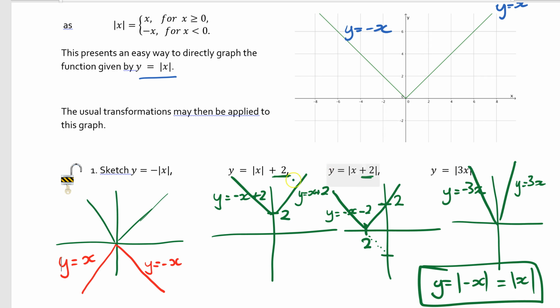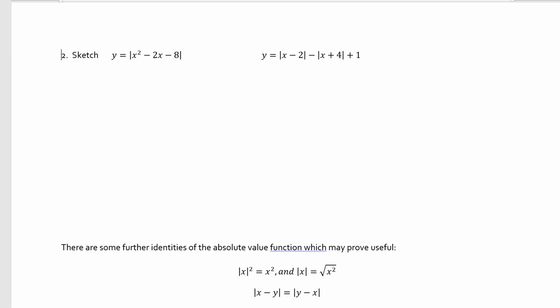And of course we can have all sorts of combinations of these. So we could shift the V left, right, up, down, all in the same transformation, or flip it in the x-axis. Here are a couple of interesting ones to think about. So this one, mod of x squared minus 2x minus 8. If we graph the curve which is not the mod, so if we just graph y equals x squared minus 2x minus 8,